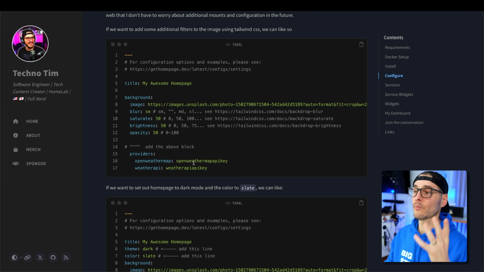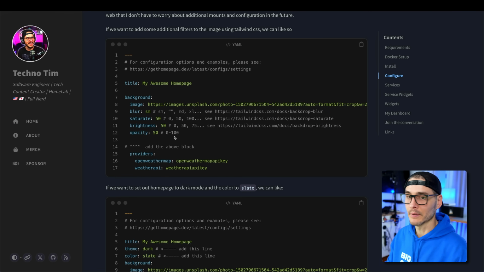And what do I mean by that? Well, you can configure everything about this dashboard in YAML. Now, I know a lot of people don't like YAML and they want a WYSIWYG editor. That's totally fine. But for me personally, I'd rather do it in YAML because then my YAML file can be easily backed up and it doesn't require space on the disk where this is running. That's really important for things like Kubernetes because now this runs stateless and you don't need to mount a volume to this container, and then you could scale it as much as you want.